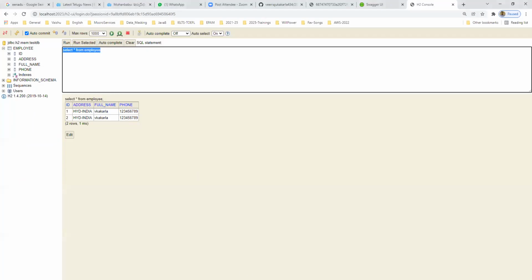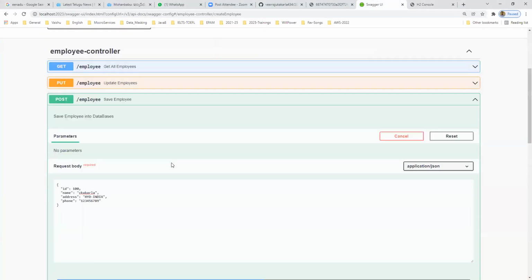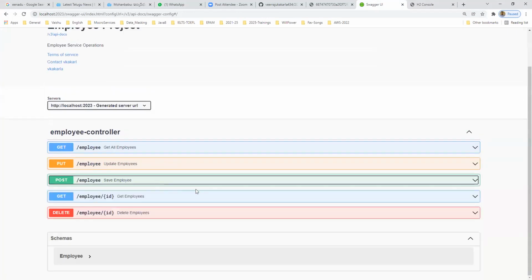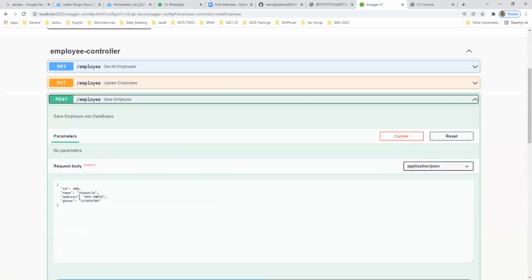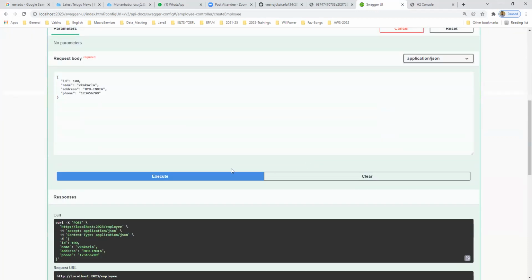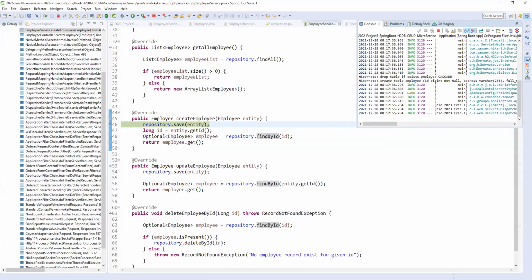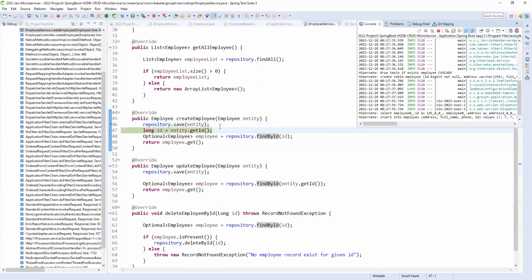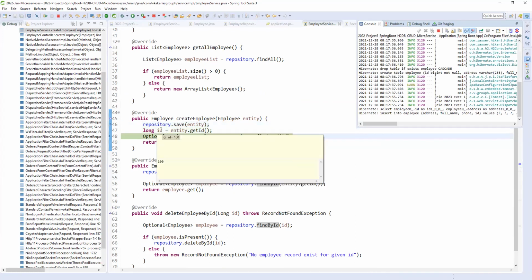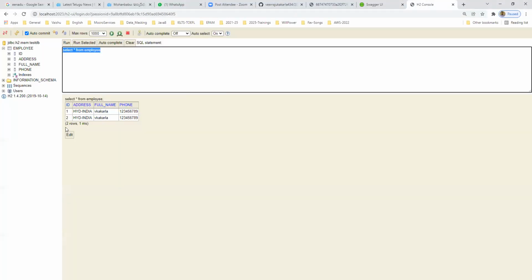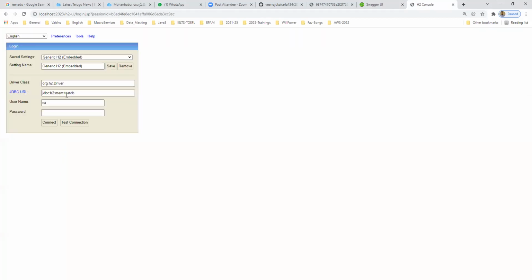So now you can see, no issue. So I'm saving one more record here. It is enabled. This time 100 will be saved. 100 is saving. So now this time the database should have 100. It is not auto generated.